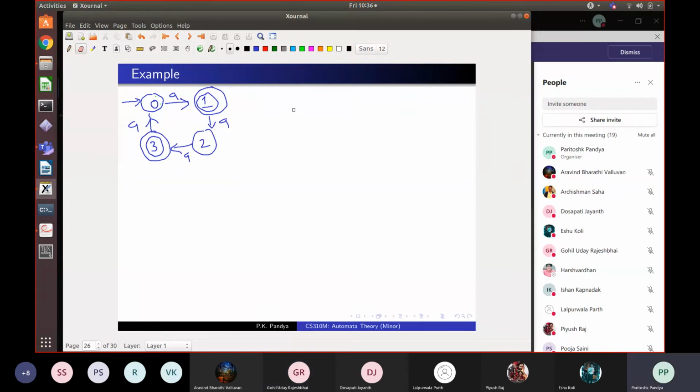But do you think this is the smallest automaton which will recognize this language? No, sir. You can do a two-state automaton, right? Yes. Now what we are going to do is apply the minimization algorithm to that. So for that, what do I have to do? I'll do this in red. I have to create columns for each state, 1, 2, and 3, right?